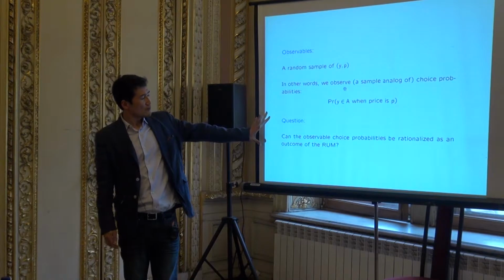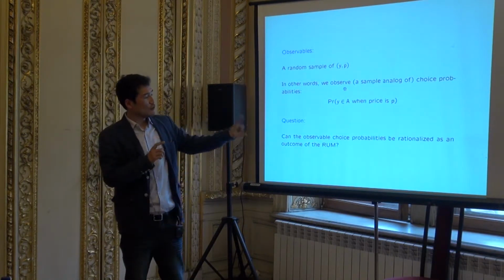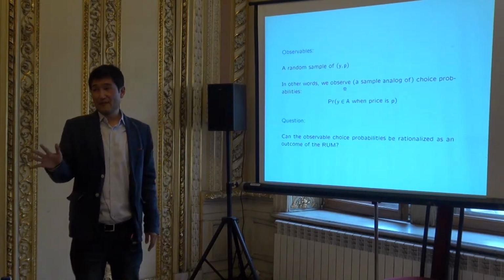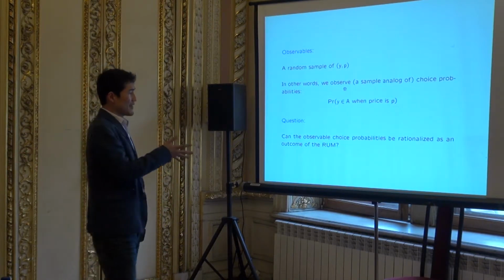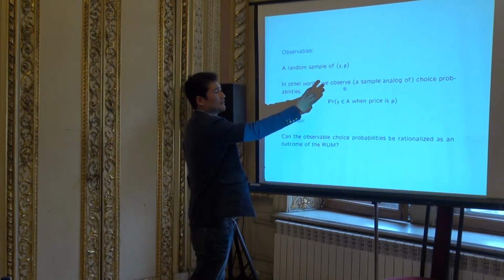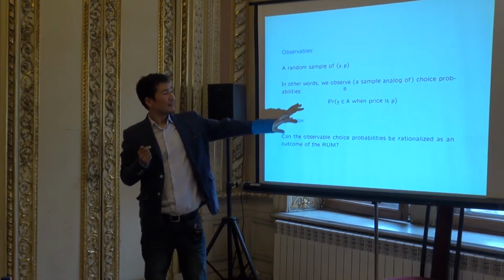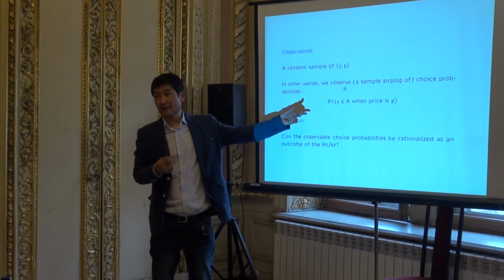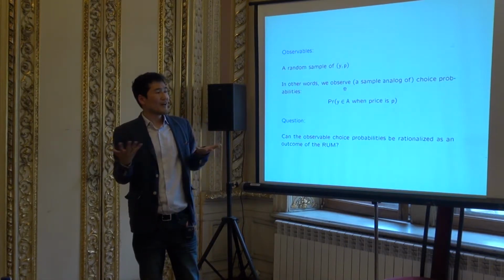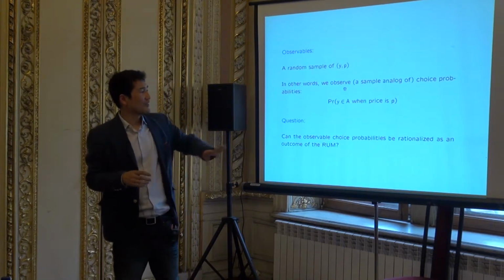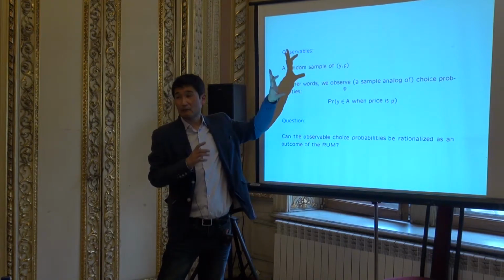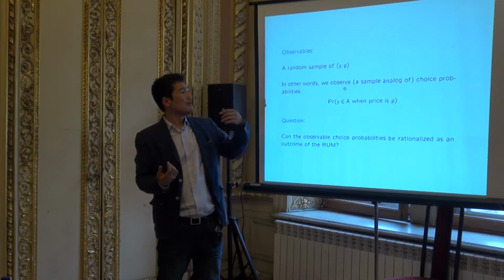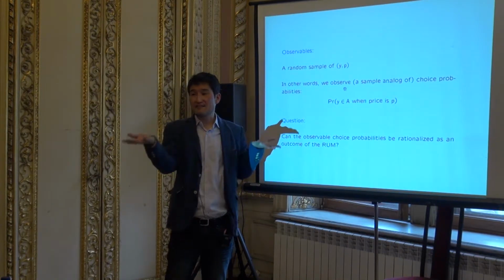So the question I'm asking, and actually the question that McFadden and Richter asked, I believe in the 1960s, is this. In general, we should be able to get this part out of your data. Of course, in practice you have to estimate this thing, but if you have lots of data, you should be able to estimate it really precisely. You can just count the proportion of people whose consumption Y belongs to whatever the set A is.